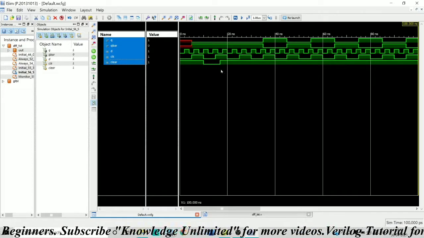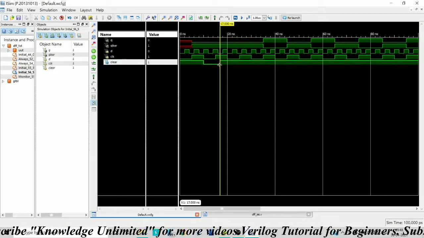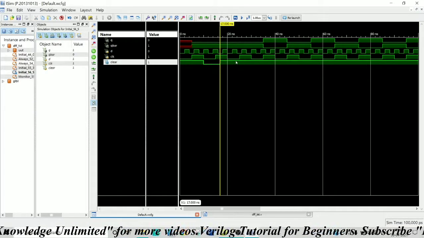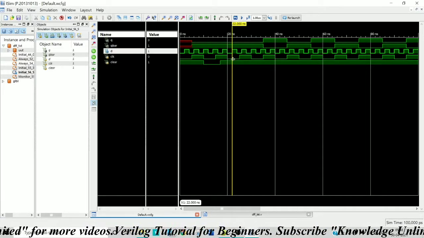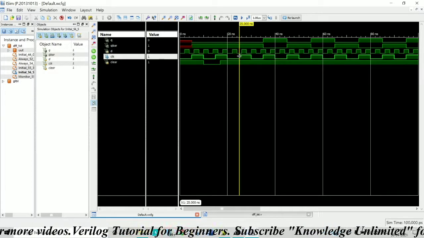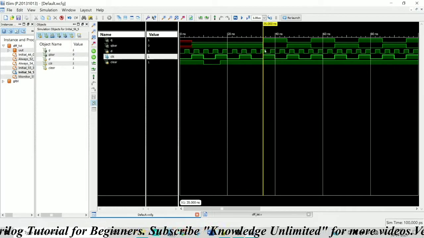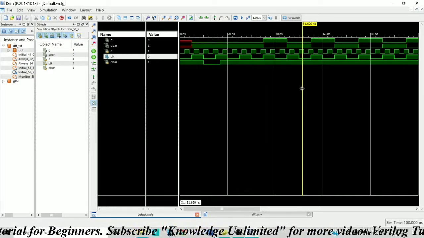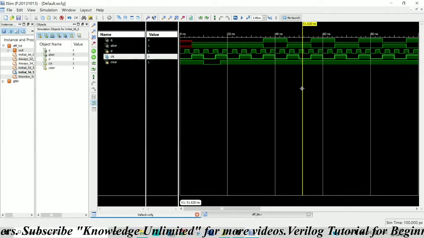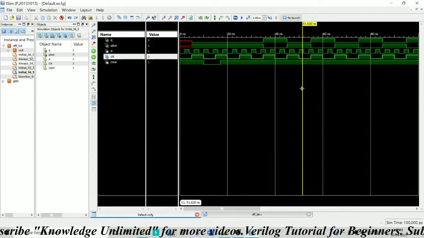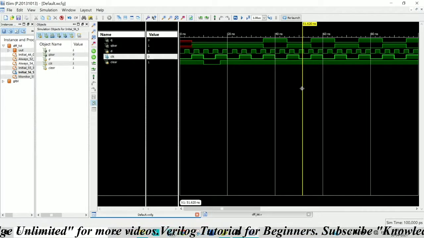Yeah, clearly you can now observe the change in the waveforms. After 17 nanoseconds the clear is becoming high. Now from then at passage of clock, what the data is, like at this passage of clock my data is 0. Sorry, this is clock, right? So at passage of clock my data is 0, so my Q is following that, and at next passage of clock my data is 1, so my Q is following that. So in this way you can check for different variety of combinations, and you can analyze how the functionality of D flip flop would be, how you modify the test cases and how your waveforms are changing, and all these things you can do on your own.